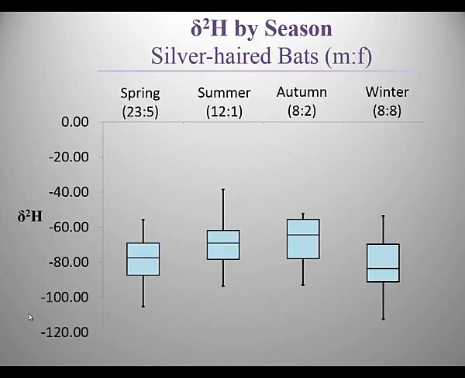I wanted to break it down by summer to see if we could tease anything out of it there. Here the males and females are mixed, and it might look like winter's a little lower and has a wider range, but actually there's about a 50 per mil range in each of these seasons. The summer, which should have the narrowest range if there's a resident population there, is actually just as wide as the winter. And because this was composed almost entirely of males, we're starting to get the picture that, based on the isotope ratios, there really doesn't seem to be a resident population of males.